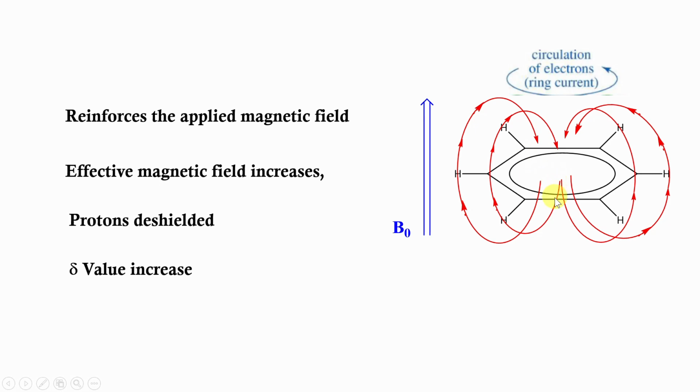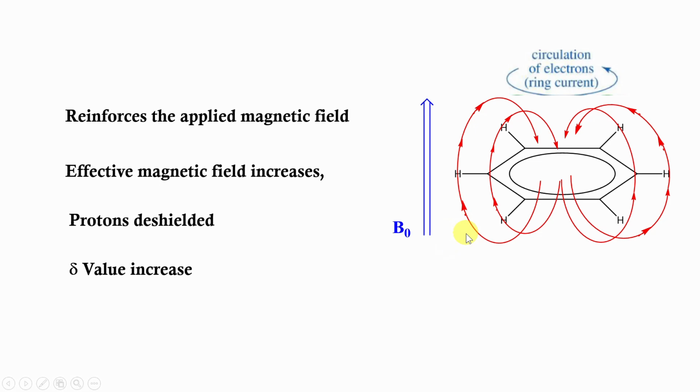You can see the field lines are passing through the hydrogen nuclei of the benzene ring, and it is paramagnetic at the hydrogen atom, whereas it is diamagnetic in the cavity of this pi electron cloud, or the center of this benzene ring. Here it opposes the external magnetic field, but when it is passing through the hydrogen atom, it reinforces the external magnetic field, and hence more and more